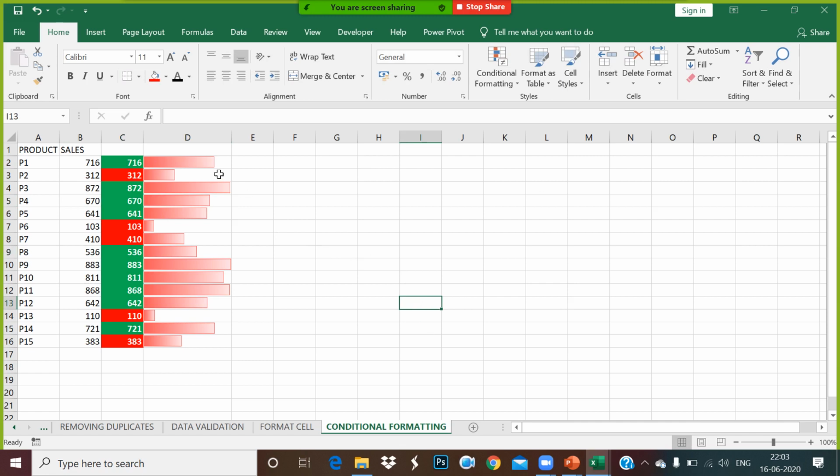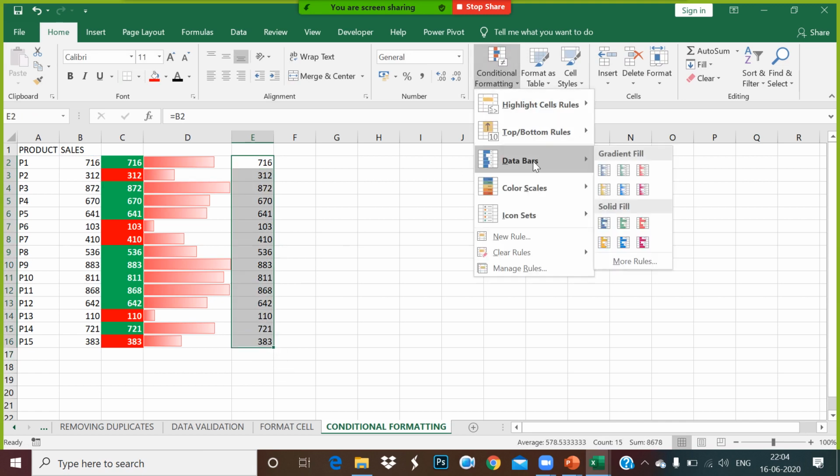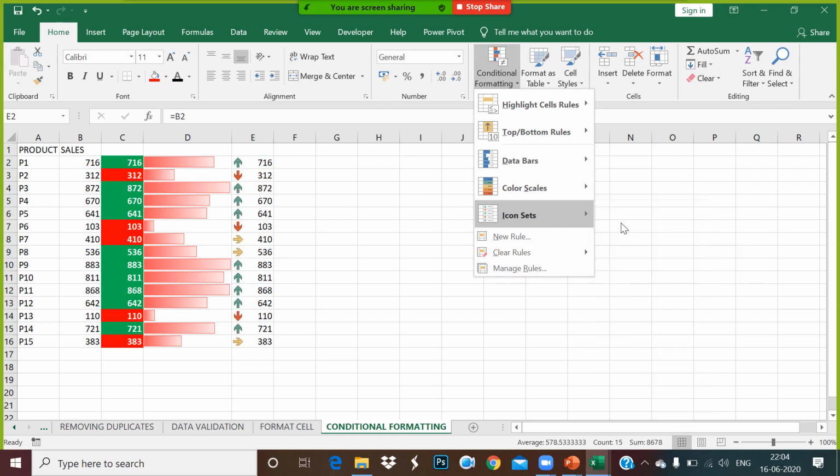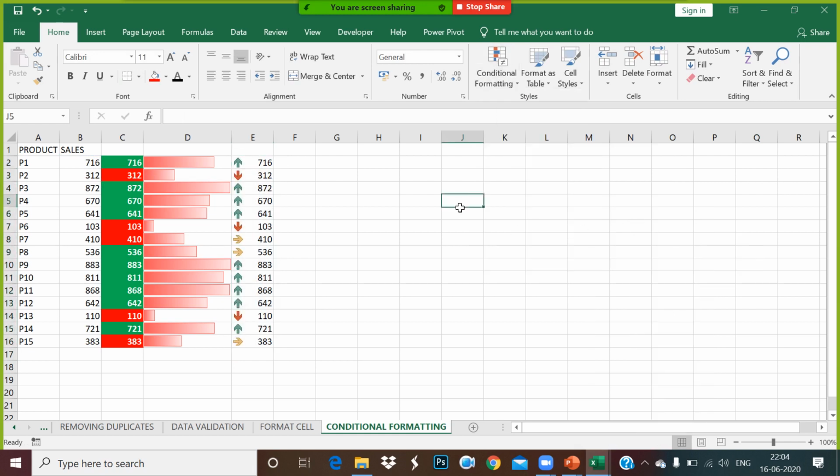Now, I can put an equal sign, get the value to here. In this, I go for conditional formatting, saying put the icon as this. Can you see this?